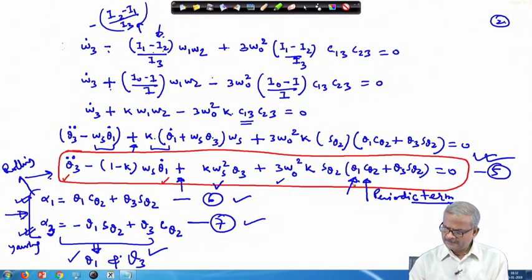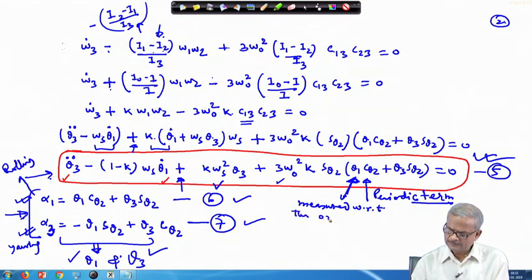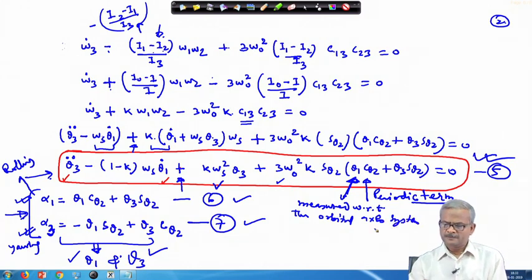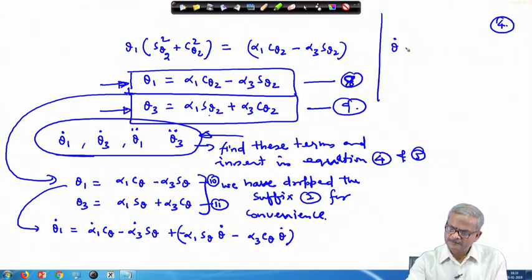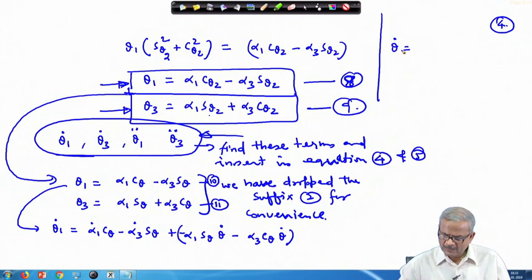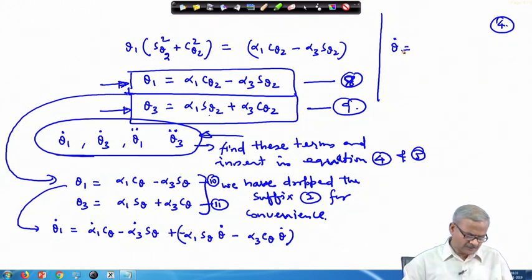So, remember that the angles theta 1, theta 2, and theta 3 are being measured with respect to the orbital axis system. So, appropriately we have to put theta dot here, as we were discussing in the beginning itself. So, your theta dot quantity we have to write here. Theta dot will be omega s plus